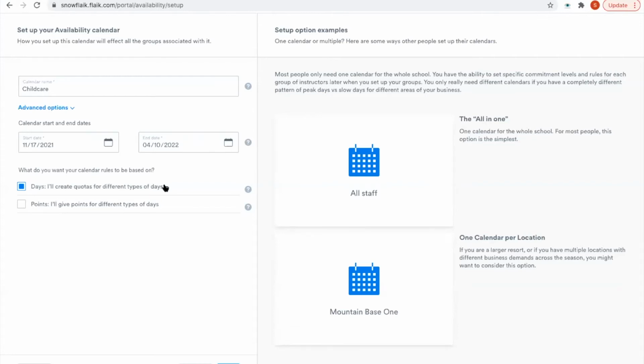So potentially when they're signing up, you would set this as like 10, a minimum of 10 days required for peak days, and they would have to meet that requirement before they submit their